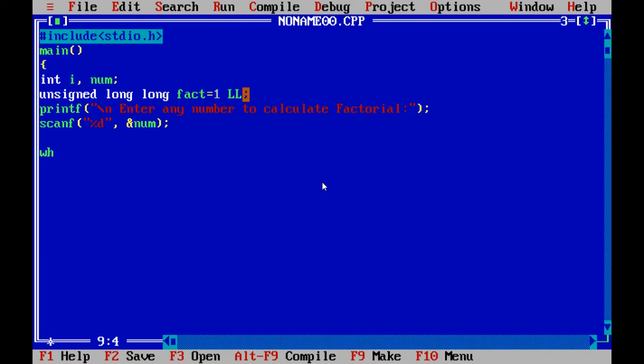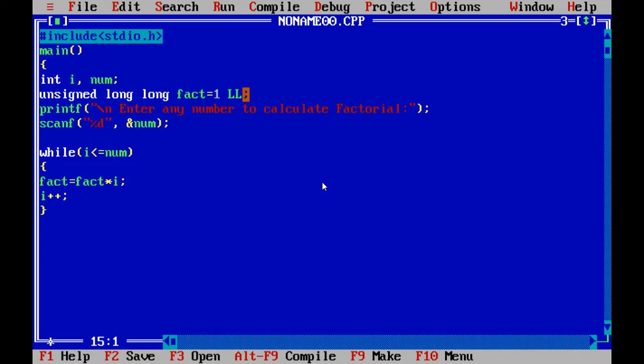While i less than or equal to num, fact is equal to fact multiplied with i, plus plus, semicolon, end of the while loop.